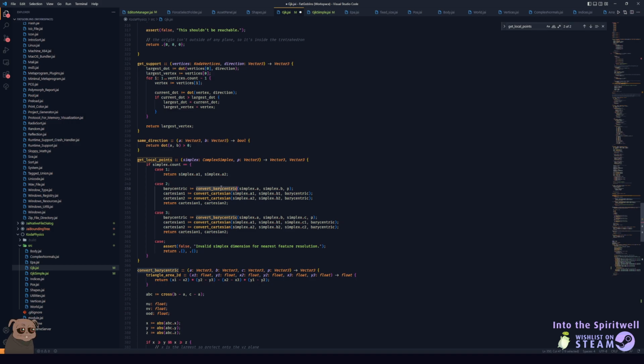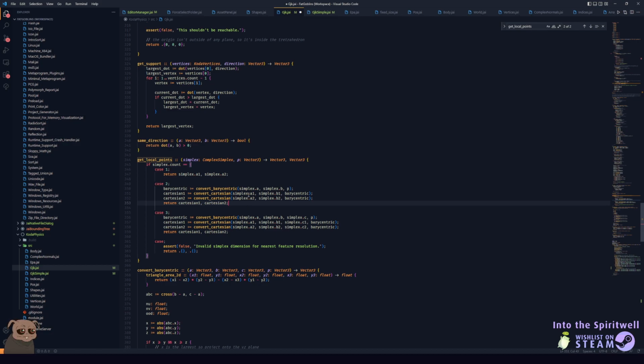So barycentric coordinates on a triangle, x, y, and z will go between 0 and 1 depending on where the point is relatively inside the triangle, right? So it's just a coordinate system relative to a specific shape. So what I'm doing here is I'm converting the projected point P. This is in the case of a line. In the case of a vertex, it's obvious, right? The closest points are A1 and A2. For case 2,